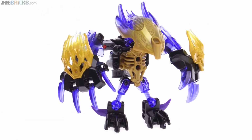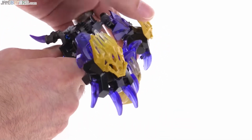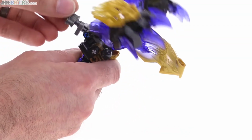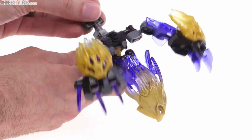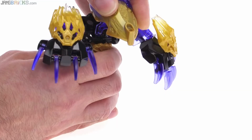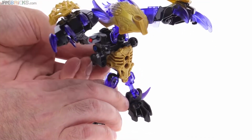I don't quite get it. I guess it's supposed to be an aggressive thing. It's coming out. It's gonna leap forward into battle, and then it's gonna come down, but the head comes first. So your reach is just not good. So how's that supposed to work when you leap forward? I guess you kind of have to bring the head back like this, kind of awkwardly, and then